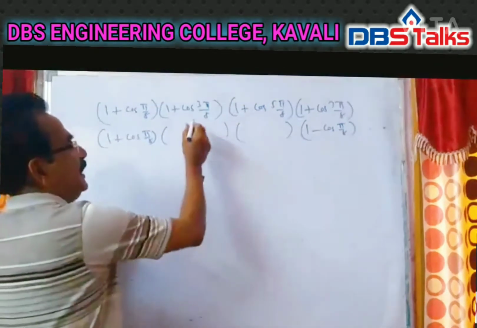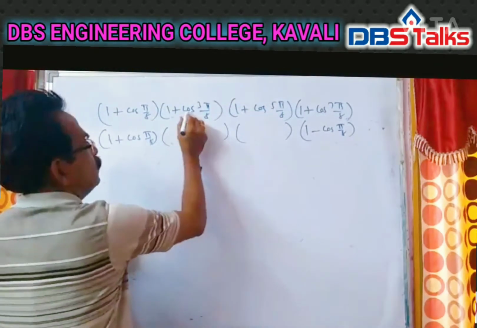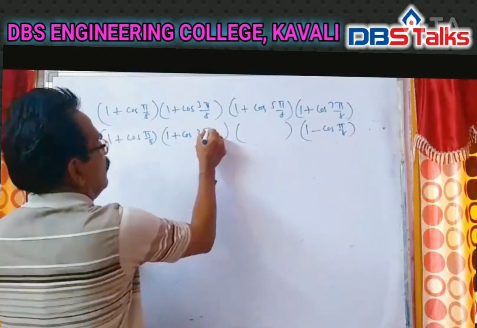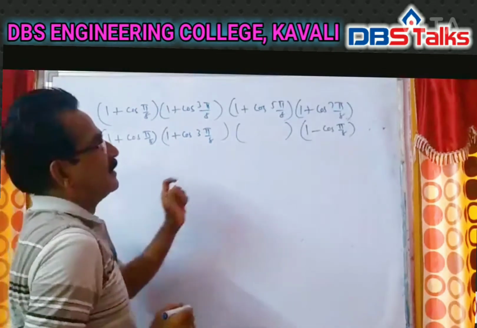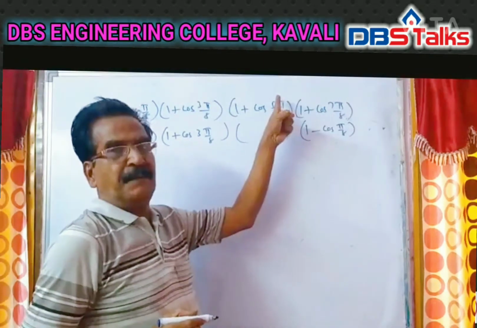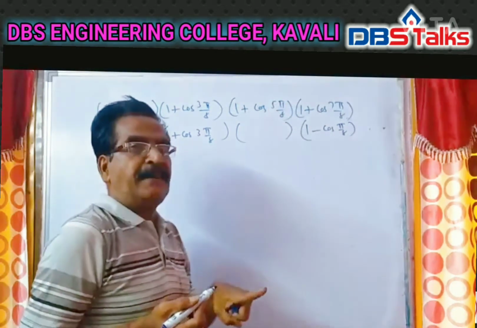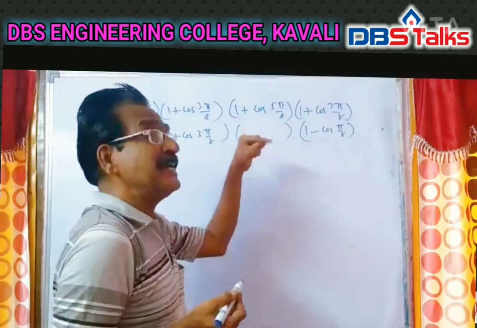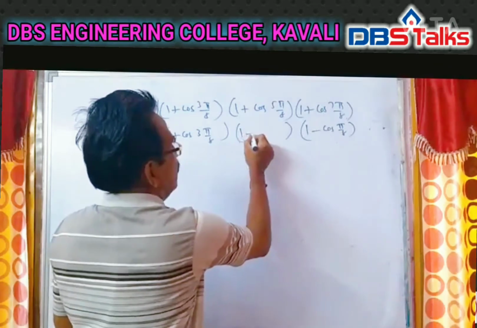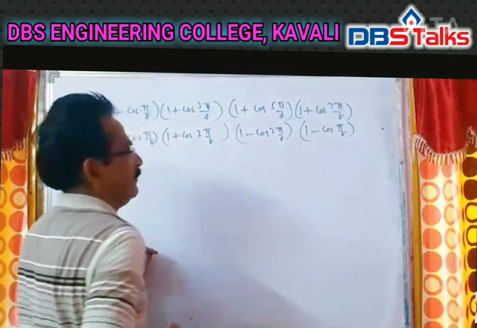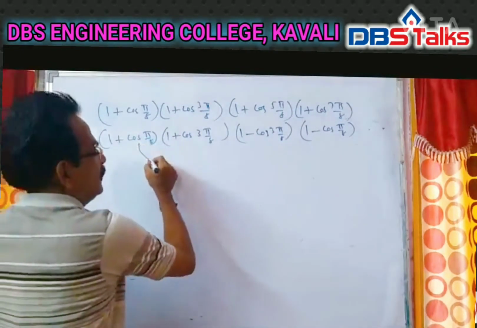This is one thing. Let us look at these two things. 1 plus cos 3 pi by 8. This is pi minus 3 pi by 8. Pi minus 3 pi by 8 means minus cos 3 pi by 8. Okay friends. So the product of these two things,